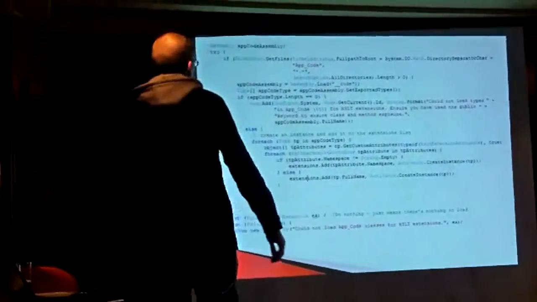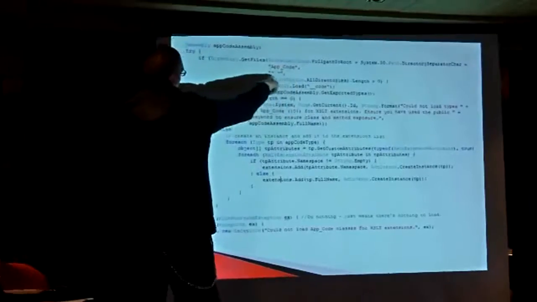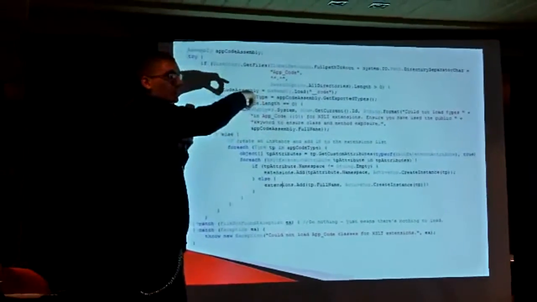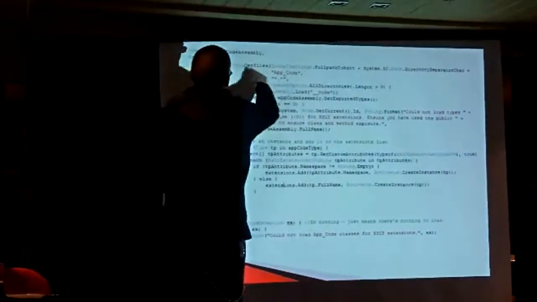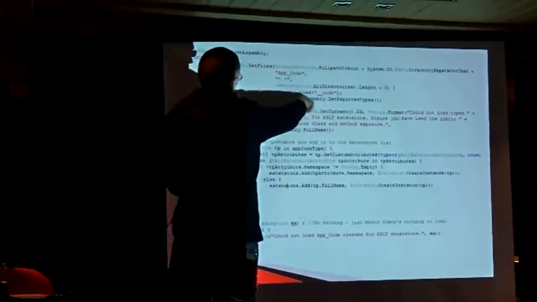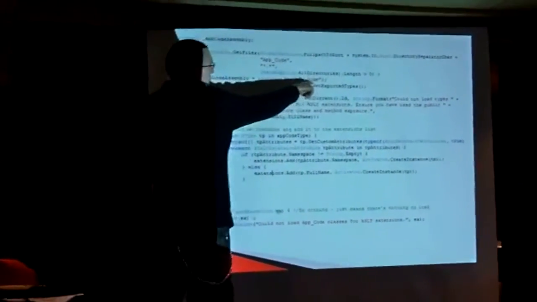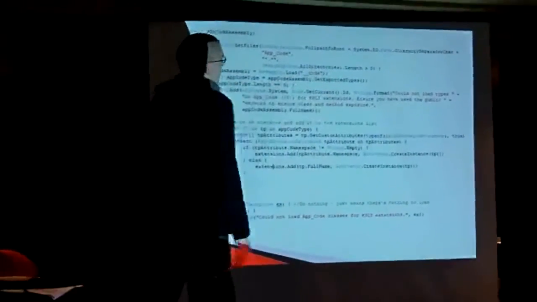Okay, so basically it's a pretty simple check. We have Directory.GetFiles, testing everything inside the app code, whether there's actually anything there to start with. Because if there's nothing there and you try to compile it, it'll just say, sorry, I can't find anything. So we then use Assembly.Load. The interesting thing is this is part of reflection, and this is a reserved keyword inside .NET that will load everything inside this directory, app_code.